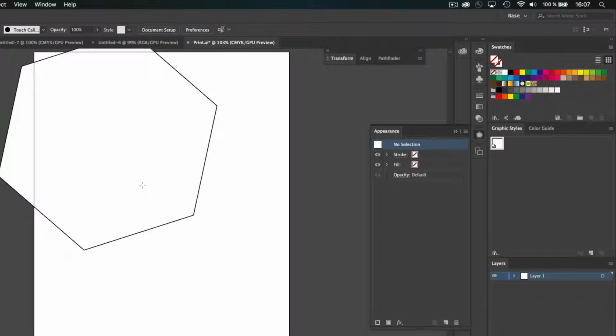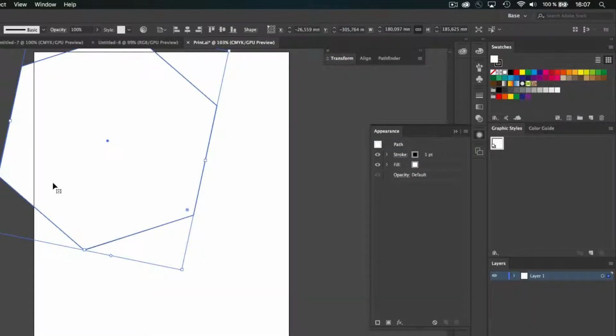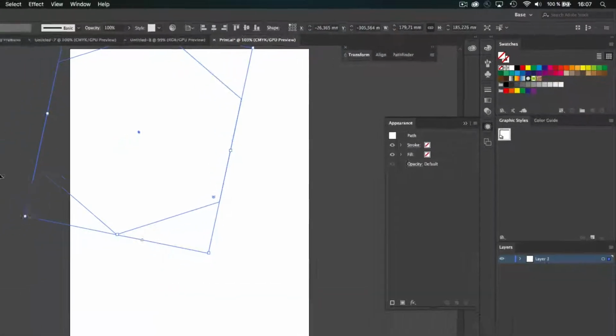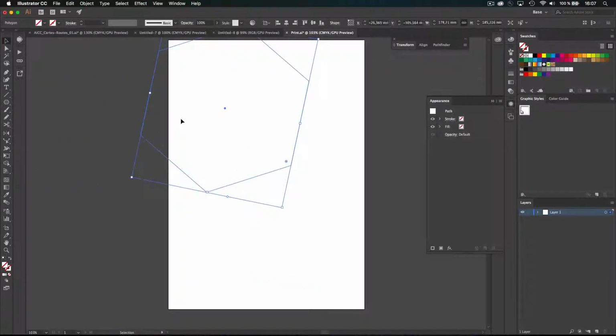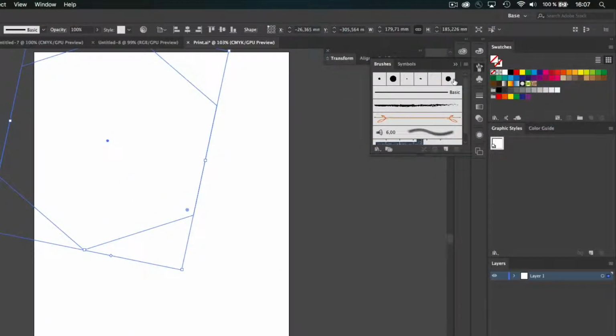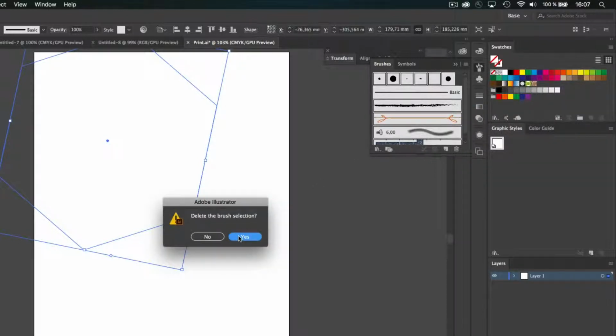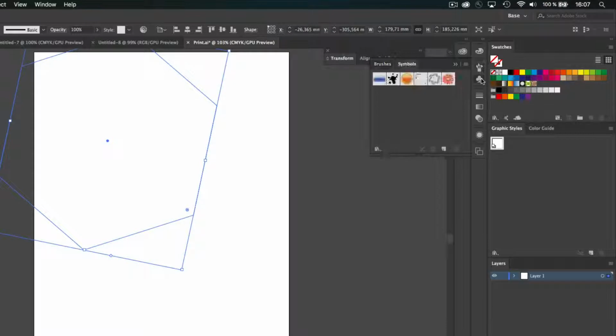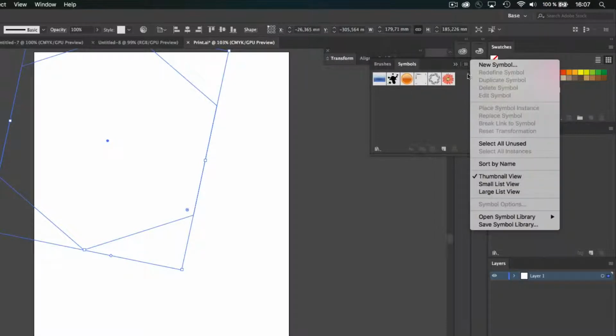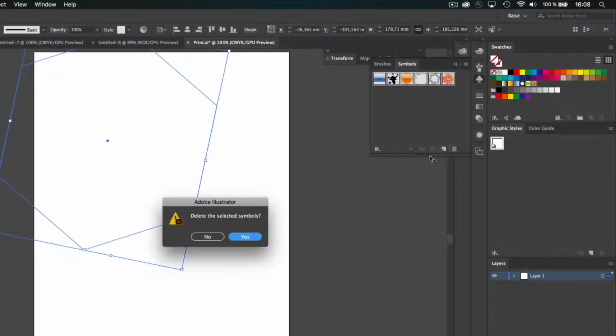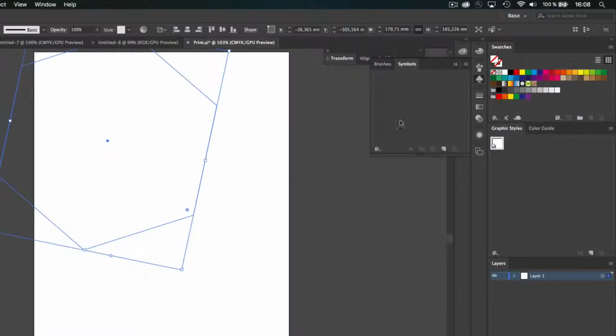So now, if I'm selecting this one, which was the previous default, and pressing on this little button, or just holding the D key, that will be my default, which will be called. And now I have an empty, no fill, no color shape. So you can also say select all unused brushes. There are some defaults you can't delete. Same for your symbols, you can say select unused, and you can delete and perhaps replace with your own